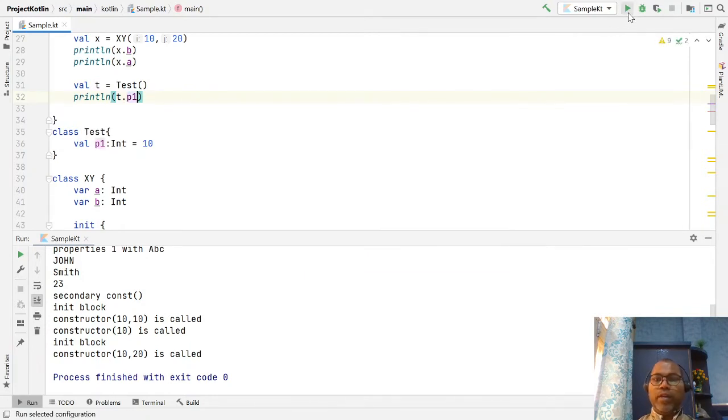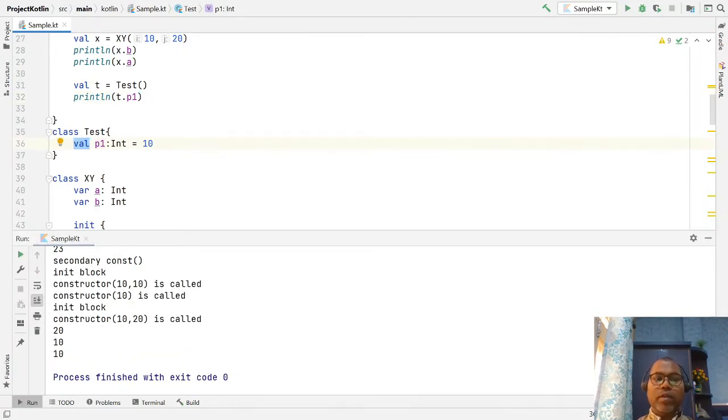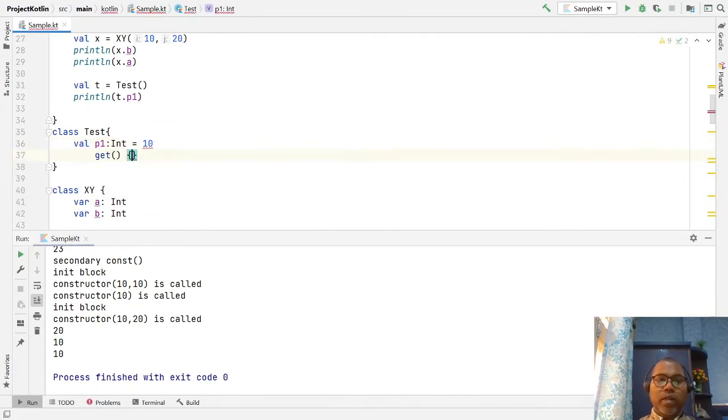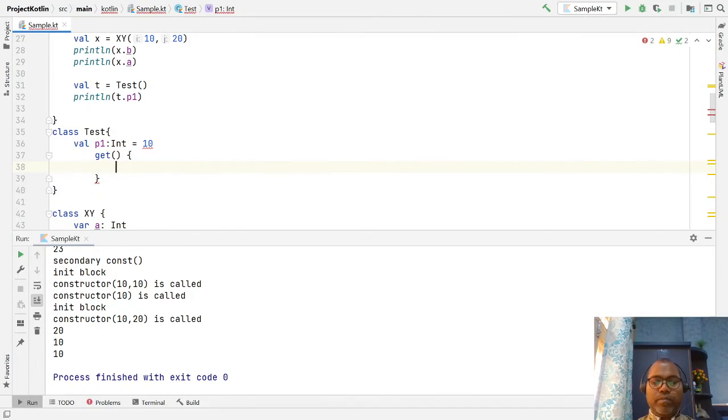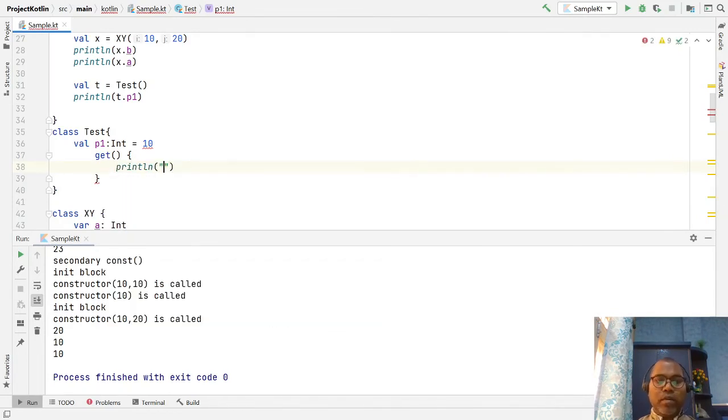By default, Kotlin offers a default getter for the val keyword. But how do we know the getter is invoked? You can write get, and here println "call getter".